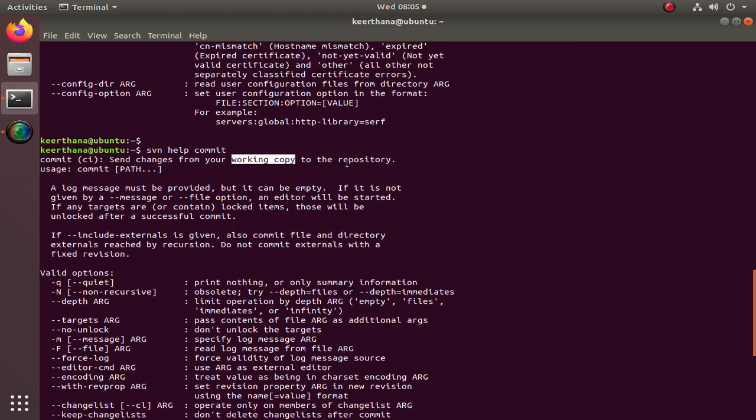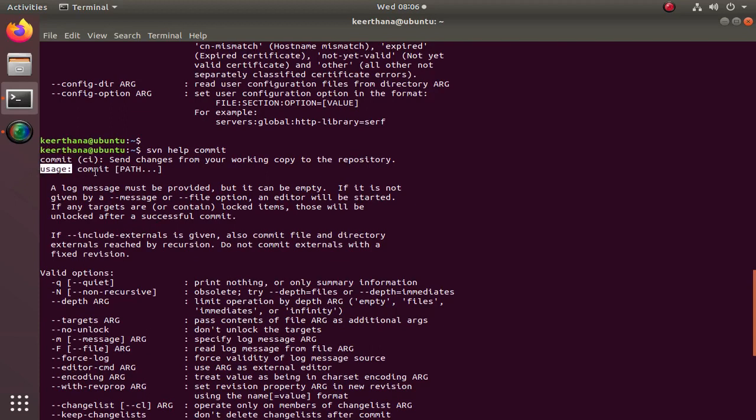Whenever you want to work on a particular file, you download the data from the repository to your working copy, and then modify, add, delete, or update your code there. After performing all your operations, you have to update that information to the repository using the command called commit. This is a very important step in the process.